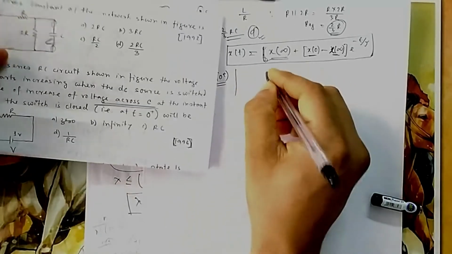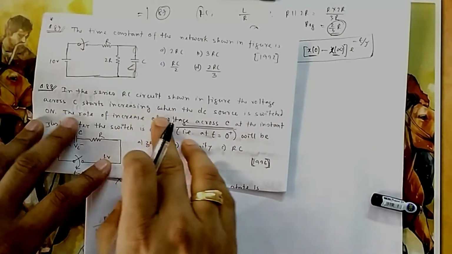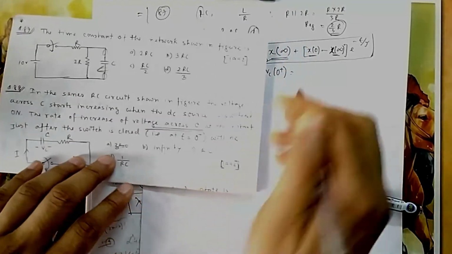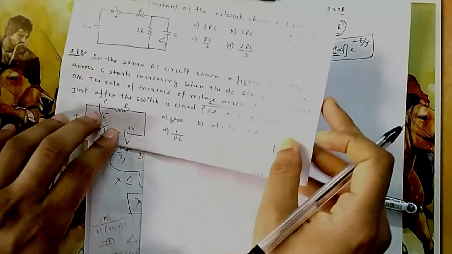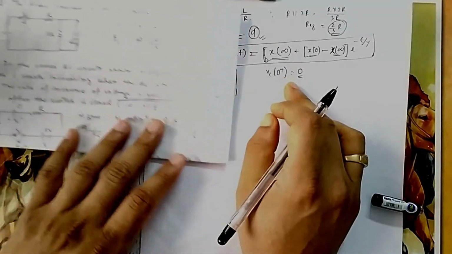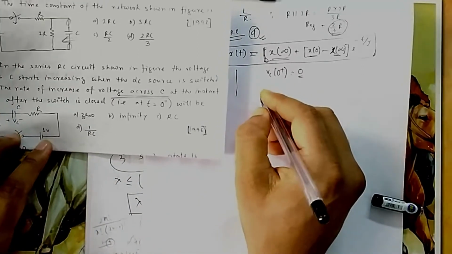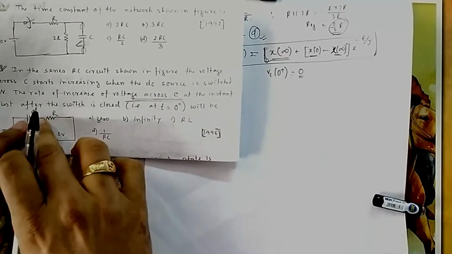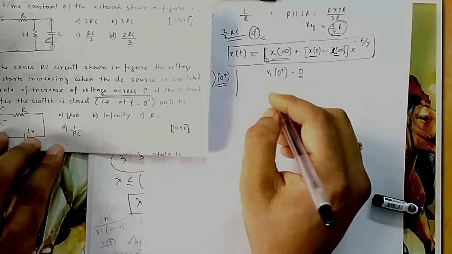Okay, so you know Vc at 0 plus, nothing is mentioned about the charge on C when the DC source is switched on. So we will assume that it is uncharged, initially 0. So Vc at 0 plus is 0, it is just charging, no charge was there. Now if you write the corresponding equation for this one, it is simple KVL. You take V is equal to, if I take it as minus V. Now you can already do this: voltage equal to this plus this. I am not writing KVL again using plus and minus, because you have done lots of these.